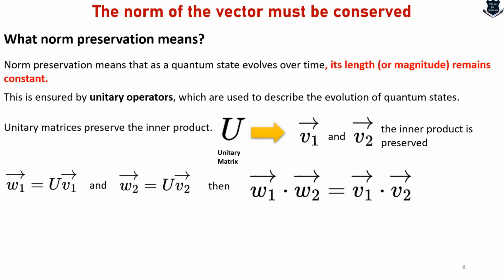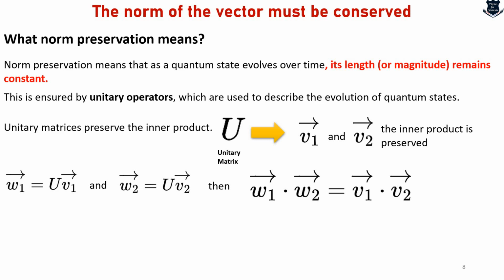So at a fundamental level, norm preservation in quantum mechanics, the example that we saw, is about the conservation of probability. The requirement that the norm of the vector remains 1 reflects that the total probability of all possible outcomes of a quantum measurement must be 1. And the preservation of the norm is also a statement about the stability and consistency of the quantum world. It ensures that quantum systems evolve in a predictable and reversible manner over time without losing information.